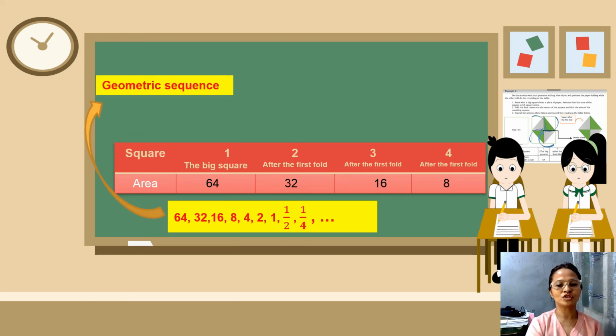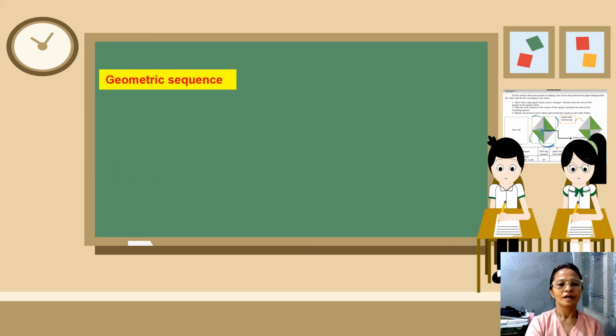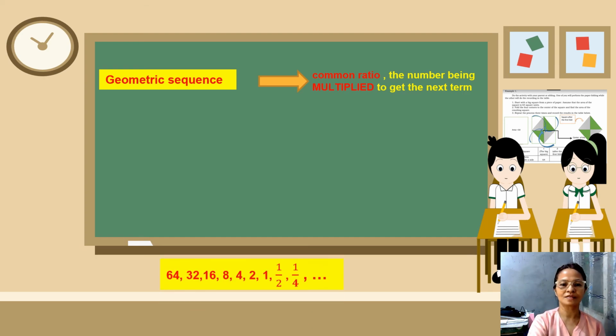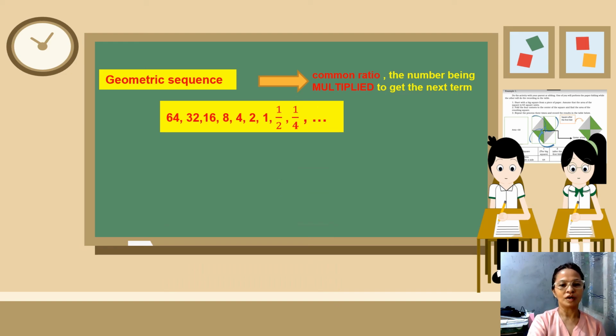Now we call this sequence a geometric sequence. A geometric sequence is a sequence where each term after the first is obtained by multiplying the preceding term by a non-zero constant called the common ratio. The common ratio is the number being multiplied to get the next term. Example, in our sequence, we started with the area of 64 times 1/2, that is 64 times 1 divided by 2 is 32. 32 is the